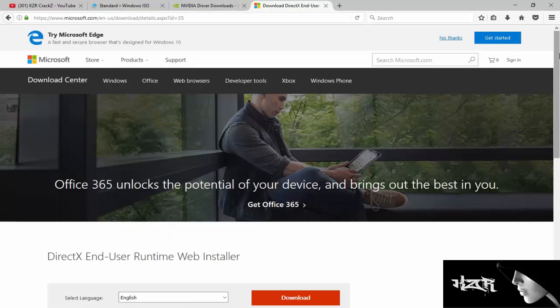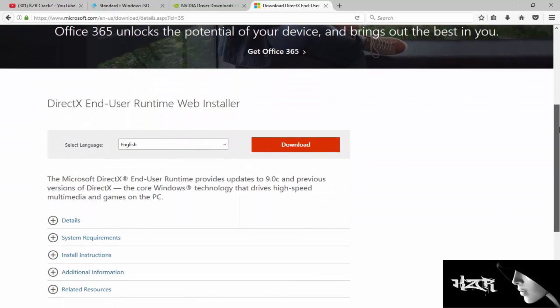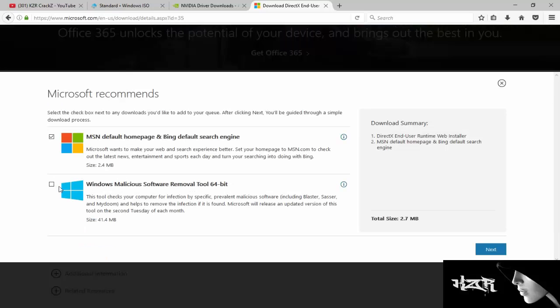From the original Microsoft site, you have to download the latest version of DirectX. From here, click on the download button, then click on the second one if you want the antivirus. If you do not, then only click on the first one and click on next.